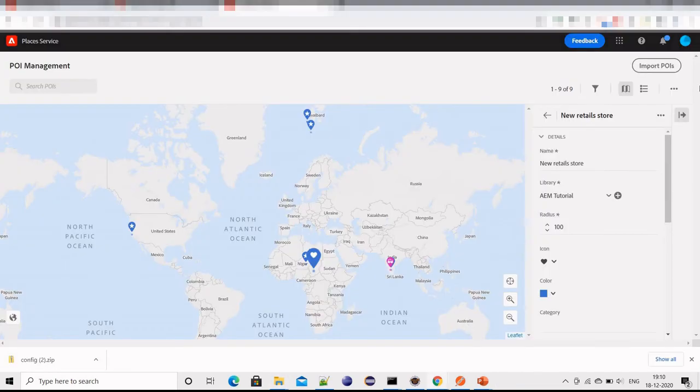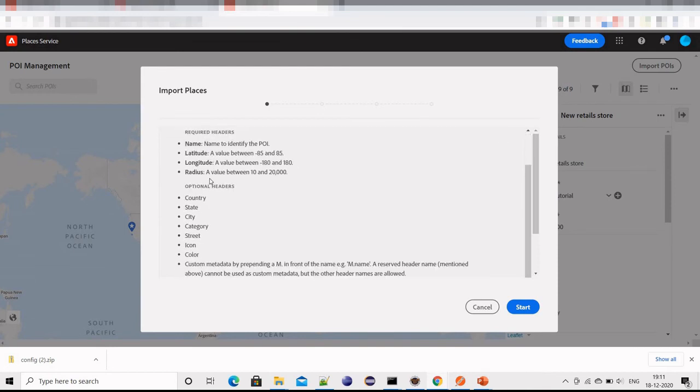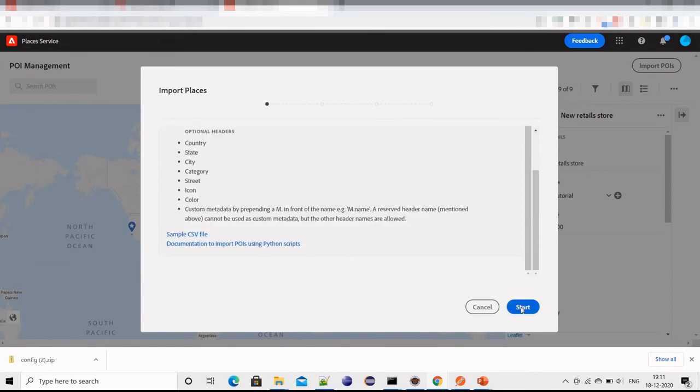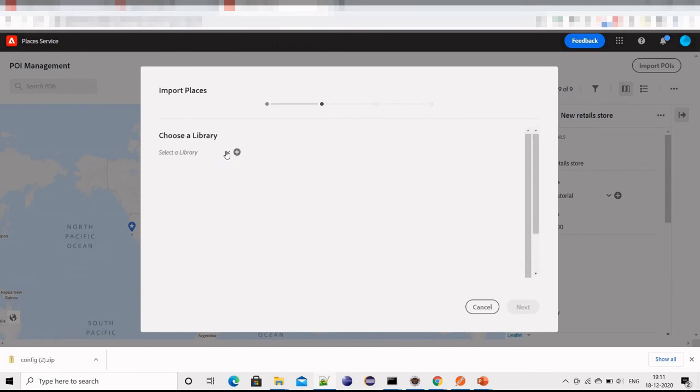And what I will do, there is an option called import POIs. Here they have specified which are the optional fields and which are required fields. I used basically this information only to create that CSV file. Then click on start, and then we need to select the library.